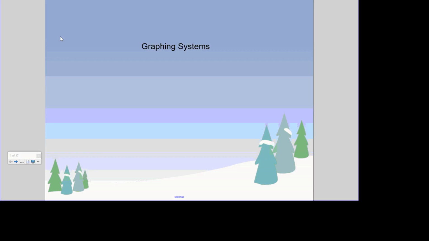This lesson begins our unit on systems, and we will be graphing systems today. Because we're graphing systems, you'll see that this builds upon a lot of the linear equation work we've been doing so far this year. So let's first start by defining what a system is, and it is two or more lines on a coordinate